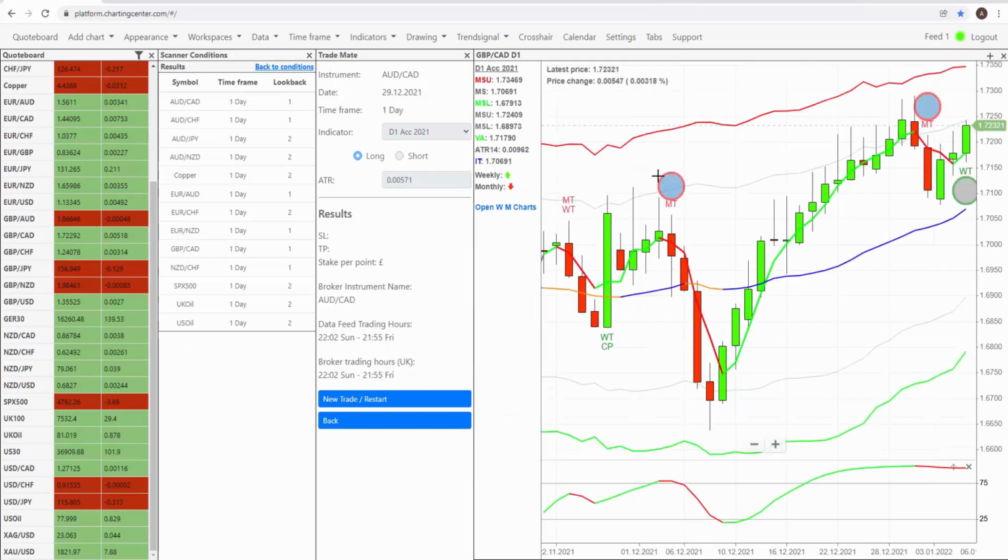Pound against the Canadian dollar. I like this one as well as a buy trade. This market ratcheting its way back up, putting on new highs, putting on higher lows, and the market's starting to move back up as well. Again, nice one. The only thing I'd say about pound against the Canadian dollar is if you're quite new to